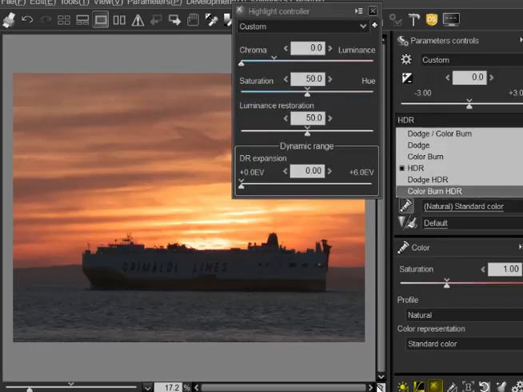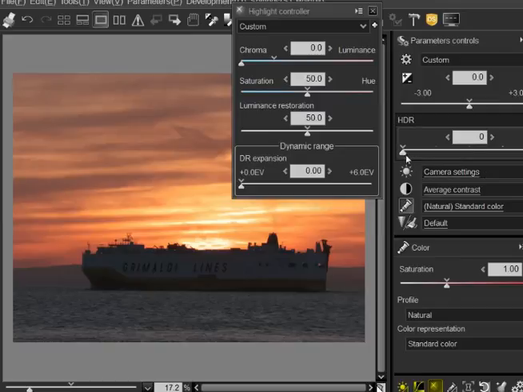And then there's another 3 which are the same, except it says HDR on it, and I haven't got to the bottom of exactly the circumstances in which they are, or how they're different. They are different. And I'm going to use HDR at the moment. And I think I'll just use HDR, which is both dodging and burning, which is highlights and shadows. So as I turn this slider up,